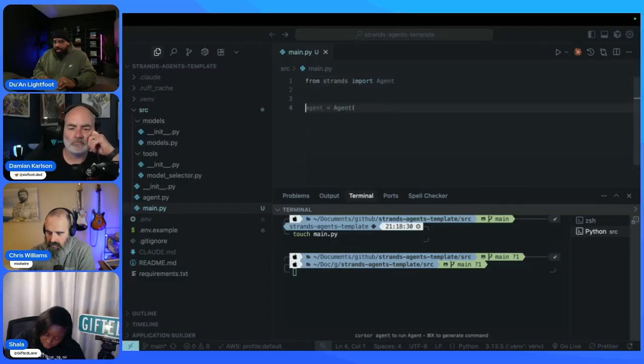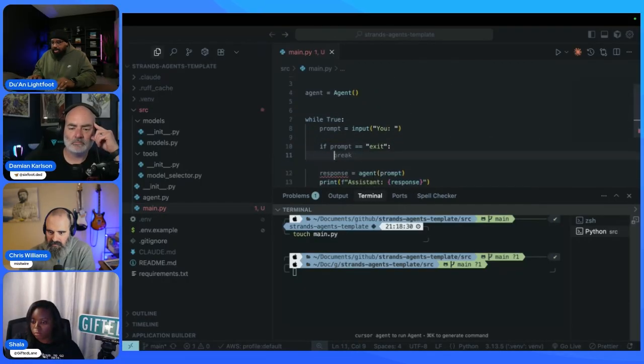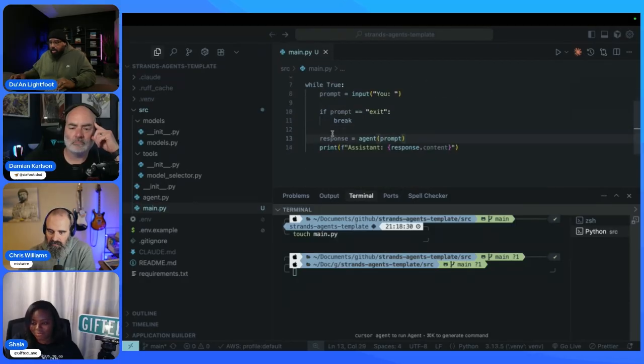And like I mentioned before, we'll take our agent and we'll just use Bedrock for that. And then we'll create a while loop, while True, input our prompt. And if prompt equals exit, we'll break. Here's our response.